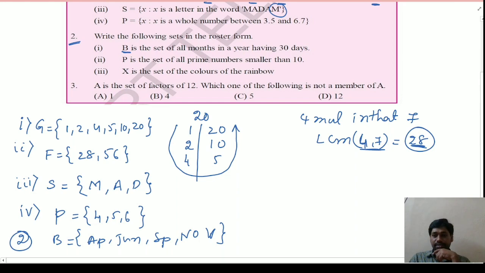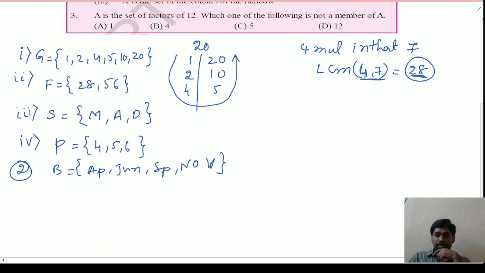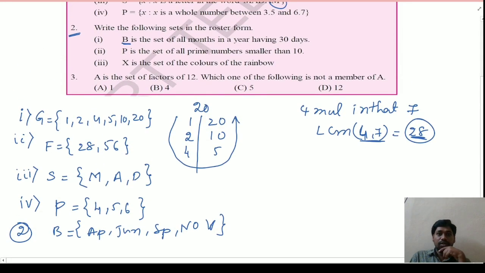Next, P is a set of all prime numbers smaller than 10. So P is a set of prime numbers smaller than 10, which are: the first prime number we know is the even prime, 2, 3, 5, 7, and as well as